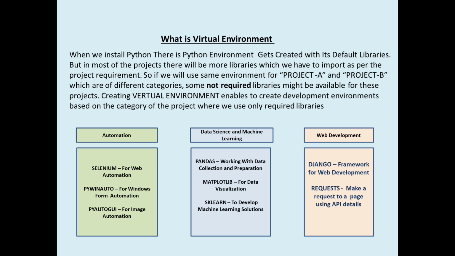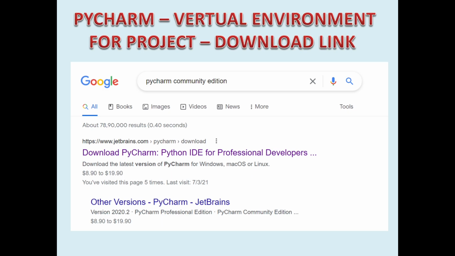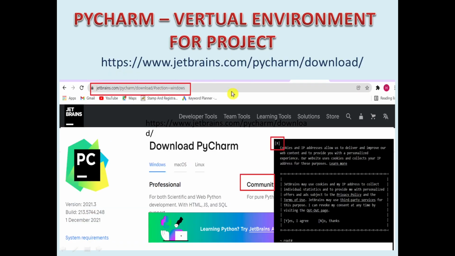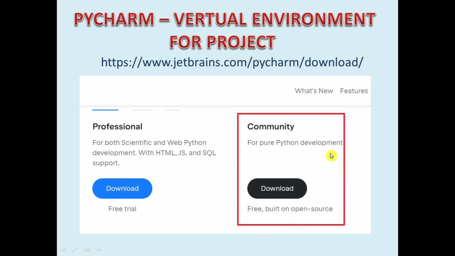So first of all, let me show you how to install PyCharm and then we will discuss the virtual environments. If you are a professional user, you can download the professional edition. And if you need PyCharm for simple scripting, then you can use the community edition also. You can search for the community edition in Google and then you will be redirected to this link, jetbrains.com/pycharm/download. From here, you can download the community version. When you close this window, you will see this option of community version. So I don't have to tell you how to download. You can download your version easily and then install.